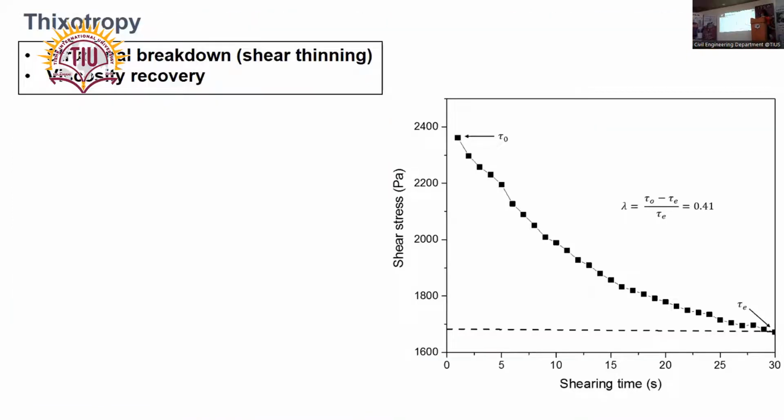And the second thing is that when we wanted to bring some new material design for these 3D printing applications, we always do this kind of thixotropic characterization. It is very important, because we are discussing thixotropic property. So we must know how this thixotropy affects the final result. In that regard, we do shear thinning and viscosity recovery tests. You can see from the screen that when we apply